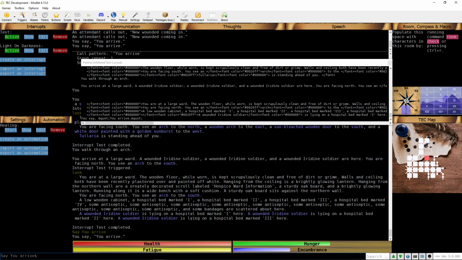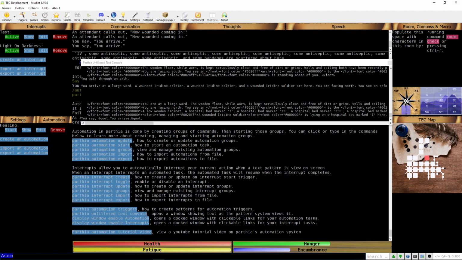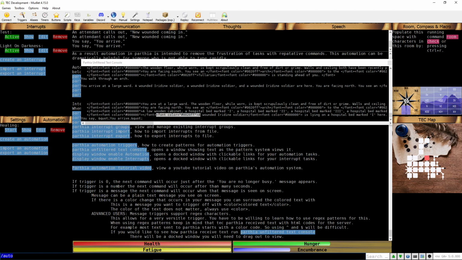So the last item that I'm going to cover is the fact that you can, if you don't want to use regular expressions for weeding out, you'll see how they have these color sequences here. This is basically what determines what color that message appears as on the screen. So if I go to Parthia automation triggers, you'll see here that